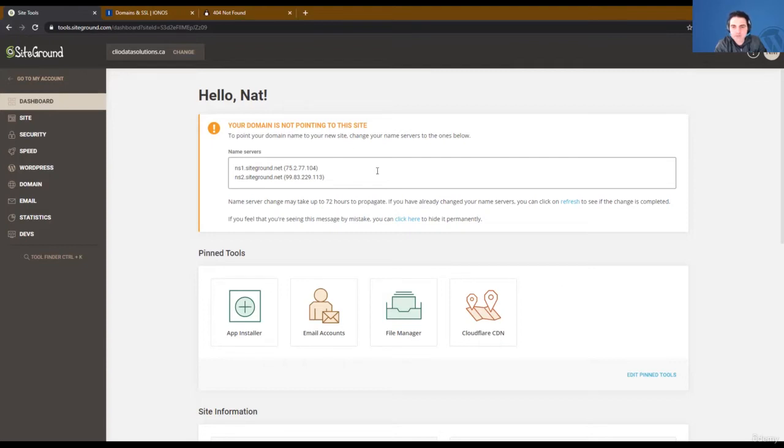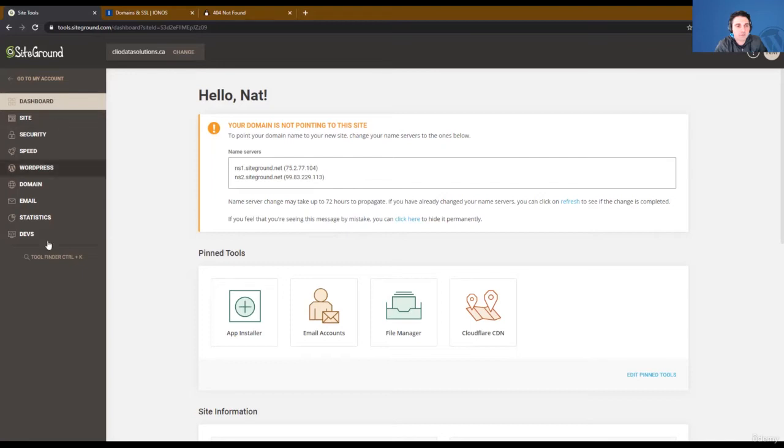So while that's updating, the cool thing about this SiteGround method of doing it this way is SiteGround's going to update your entire database and your website with that new URL. So if you had any pictures that were pointing to the old temporary address or anything like that, any assets, they'll automatically be switched over and updated to the new URL, which is really good and helpful. So other than that,